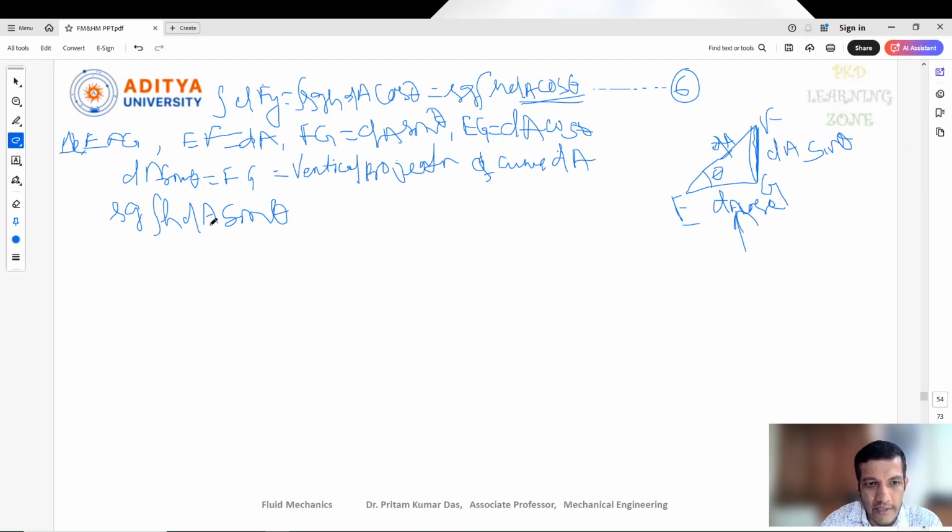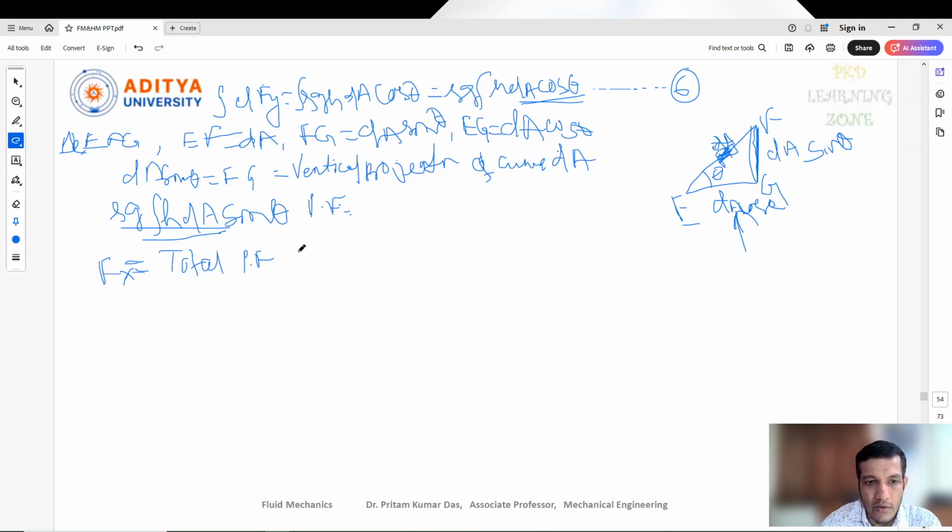This expression indicates the total pressure force on the projected area of the curved surface. So we can write Fx, because this is the Fx component formula, as nothing but the total pressure force on the projected area